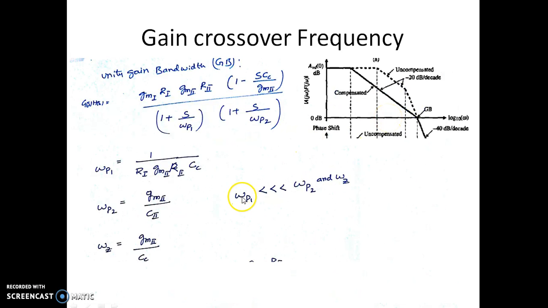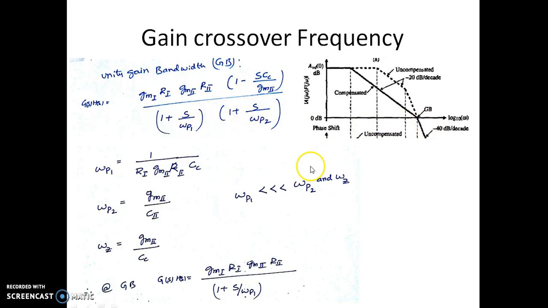So now omega p1 is far less than omega p2 as well as omega z. So out of this transfer function, we'll consider only this. Now to find the gain crossover frequency, that's what we are having. We are retaining the magnitude as it is, gm1 r1 gm2 r2. And since this is too far away and this is also too far away corresponding to the frequency, we are neglecting the omega p1 term and the omega z term corresponding to the zero, as well as the second pole at gain bandwidth